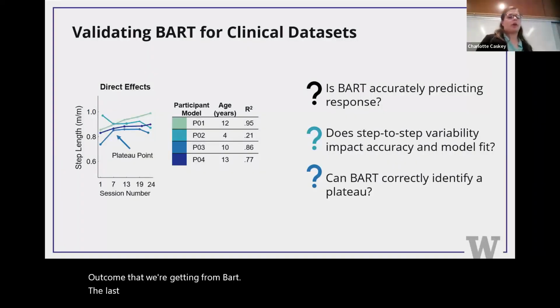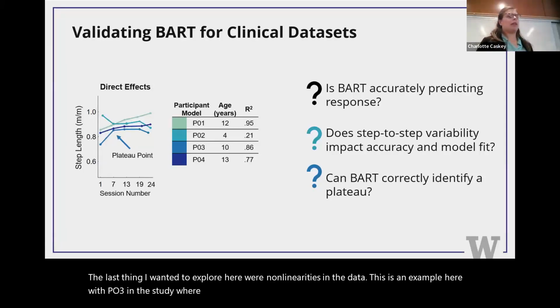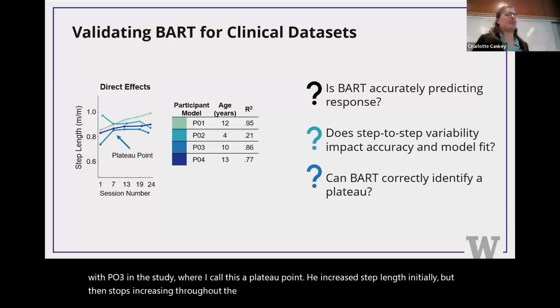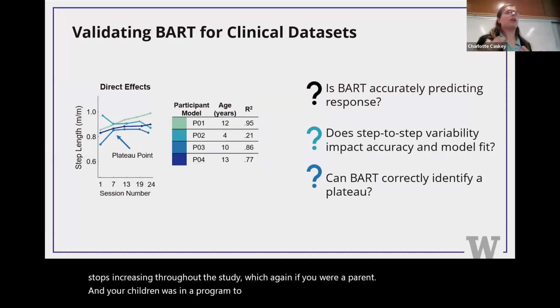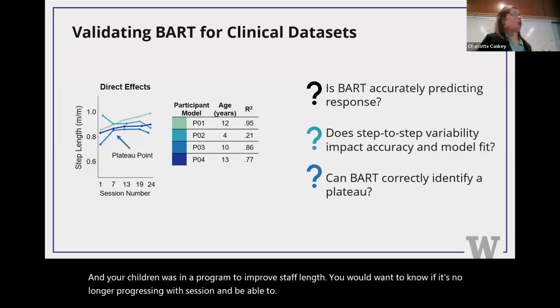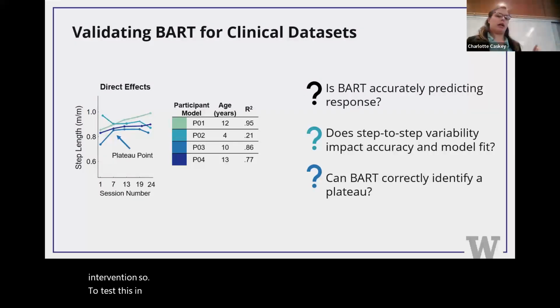The last thing I wanted to explore here were nonlinearities in the data. This is an example here with PO3 in the study, where I call this a plateau point. He increased step length initially, but then stops increasing throughout the study, which again, if your child was in a program to improve step length, you'd want to know if it's no longer progressing with session and be able to maybe adjust the therapy program, or the physical therapist might want to change the intervention. So to test this in my